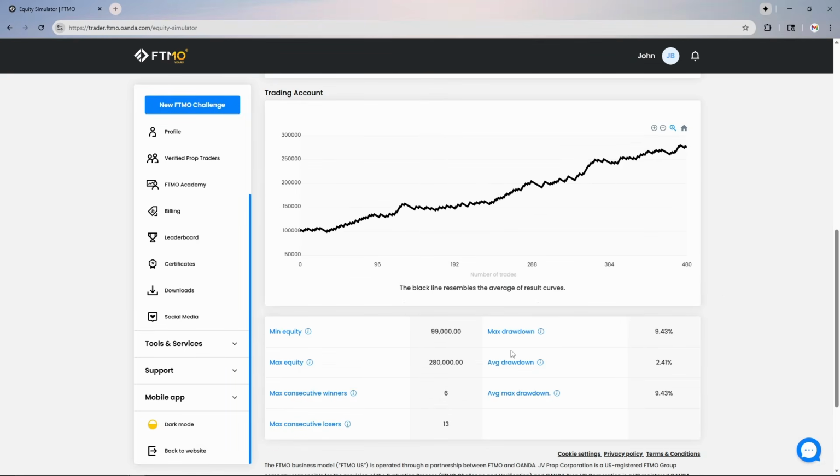Now, if we scroll down, we can see the profit is significantly higher than the original example. And you can see here that with more repetitions, it's interesting because the max consecutive winners actually increased. On top of that, you can see that the maximum drawdown for this entire year with about 480 trades was closer to that 10% value. But nonetheless, those returns and the profit are significantly higher, almost tripling the account in 1 year, which is absolutely